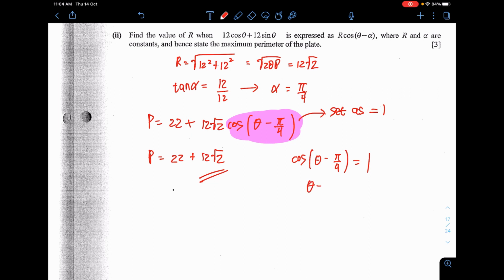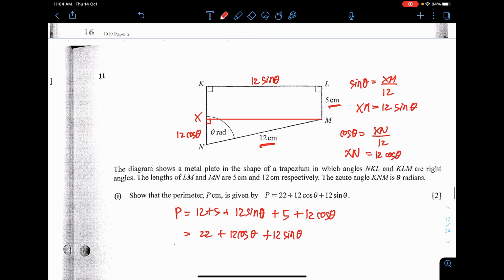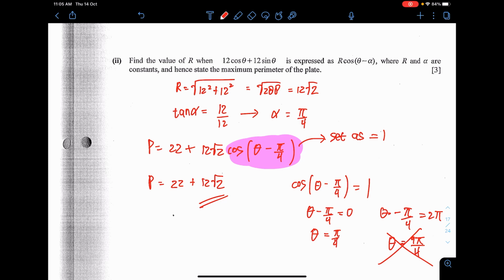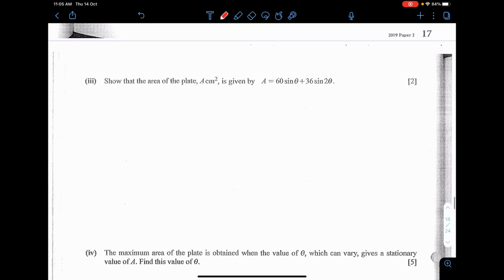Okay, so let's just say that it is equal to 0. Then I get theta as pi over 4. What if you want to let theta be equal to 360 degrees, or 2 pi radian? You get theta as 9 over 4 pi, which is quite a big one. I don't think this can be accepted, because you can see from the picture that theta is acute. They even mention it, so you have to reject the answer that is obtuse. Again, they don't ask you for the value of theta, so you don't need to show it.